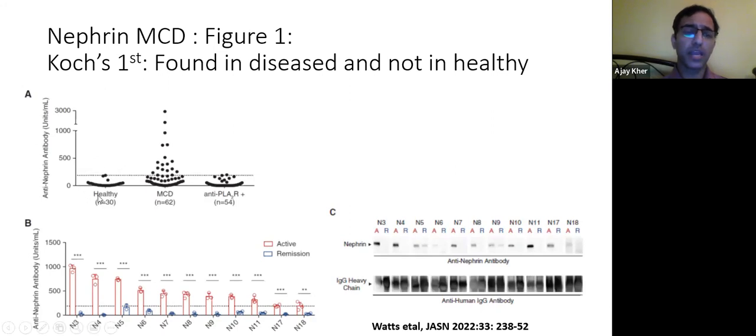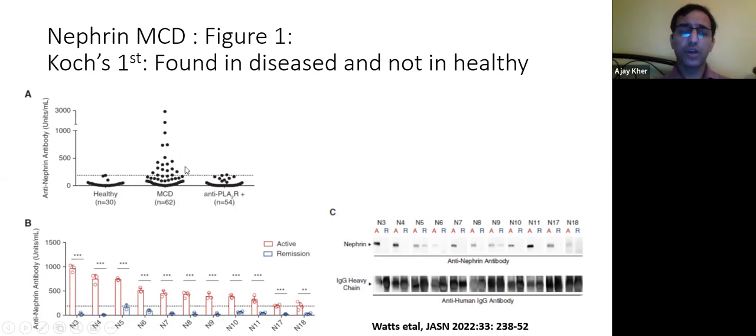So the top A is the anti-nephrin antibody, which was done by an ELISA. In healthy volunteers, they checked what the anti-nephrin levels were, they made their threshold, and then they compared it to patients, 62 from the Neptune cohort who had minimal change disease, and they found that around 30% of them had high